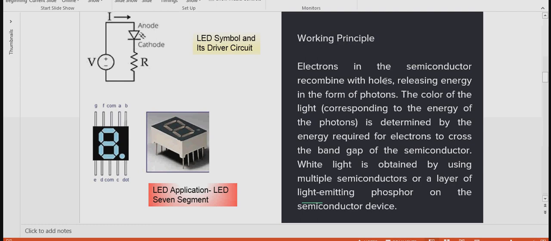So when forward bias is applied to the LED, the electrons in the n-type semiconductor recombine with holes in the p-type semiconductor. The resulting energy is released in the form of light. The color of the light emitted from the LED depends upon the semiconductor material combination used to manufacture the LED.